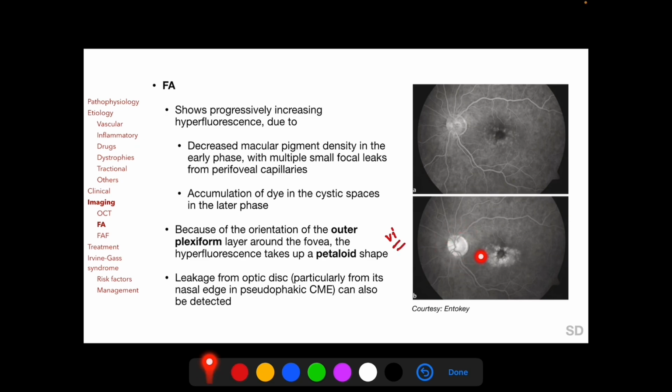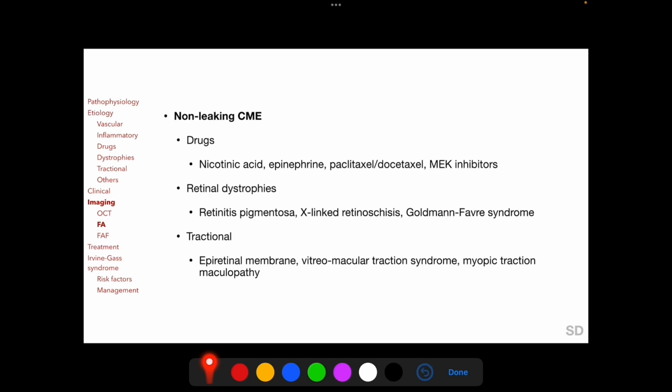Leakage from the optic disc can also be found in an eye with CME. As we have already mentioned, CME from certain causes do not show any leakage on fluorescent angiography, and this is very important to remember. And these include CME induced by drugs such as nicotinic acid and epinephrine, CME from retinal dystrophies such as retinitis pigmentosa and X-linked retinoschisis, and CME from tractional causes such as epiretinal membrane and vitreomacular traction